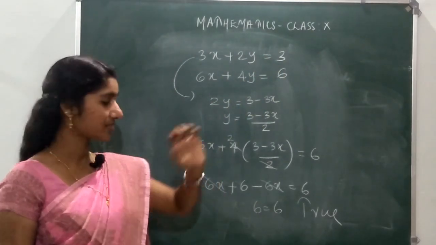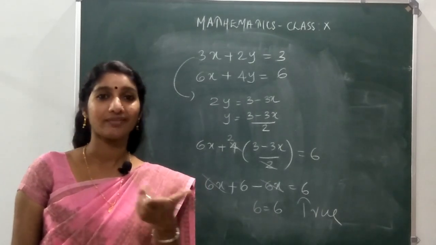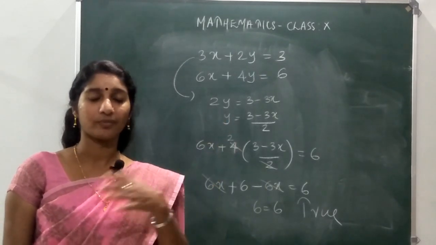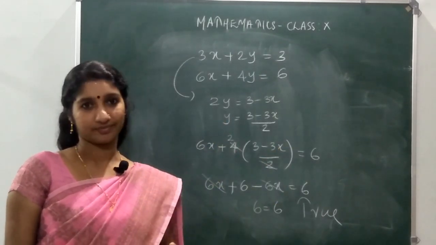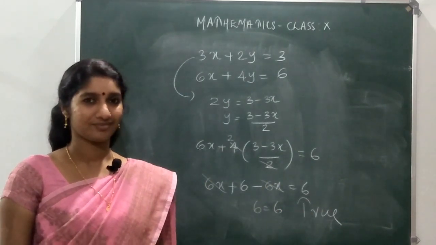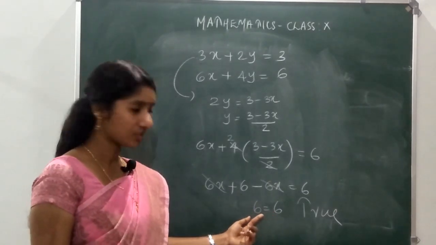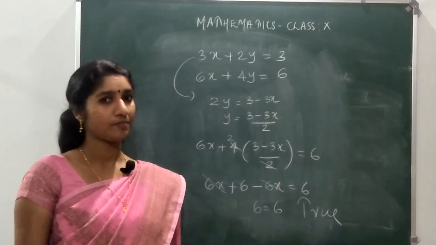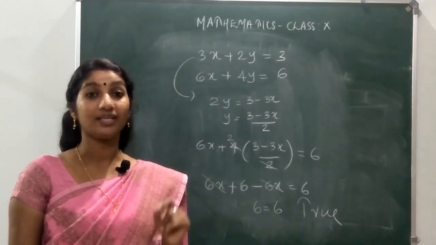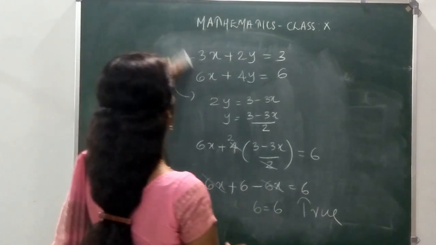So for coincident lines we cannot solve because there are infinitely many solutions. We are not able to solve for any value, isn't it? Infinite x, y values are there. Means on the straight line every value is a common solution to both the equations. So how will we conclude after reaching here? When you get a statement which is true, 6 equal to 6, and we are unable to solve for x and y, we will write they are having infinitely many solutions. Clear? And another example.